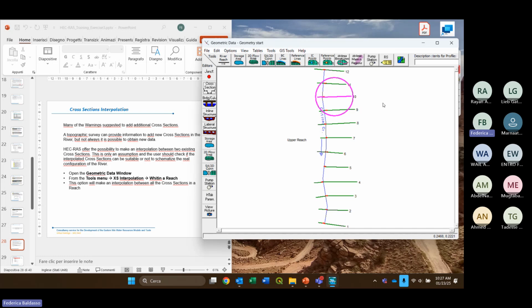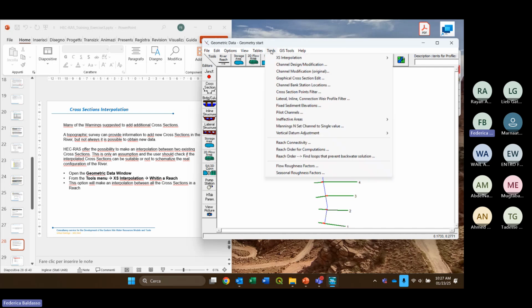They are 12. Now we want to increase the number of cross-sections, creating some new interpolated ones between each two consecutive cross-sections. To do this, you have to go to the tool menu and select cross-section interpolation, the first option, and then